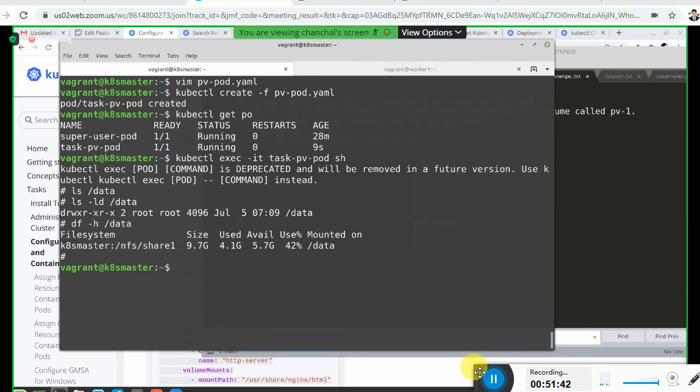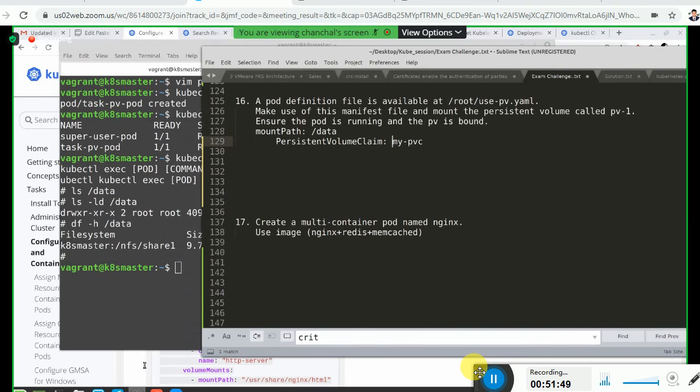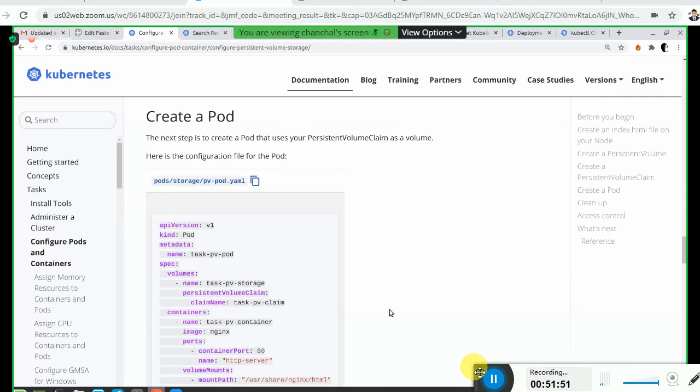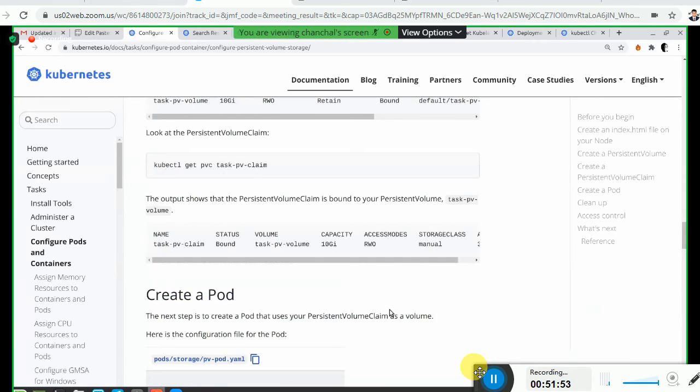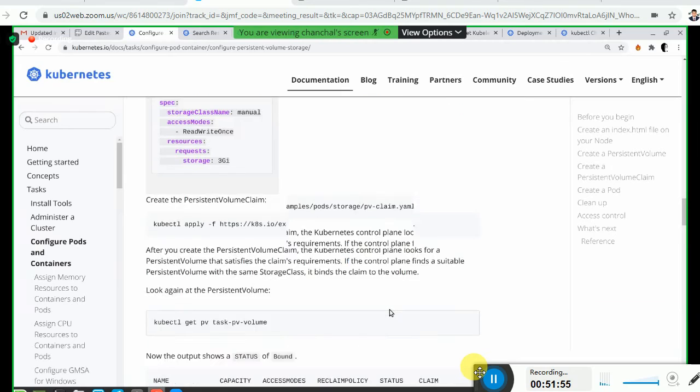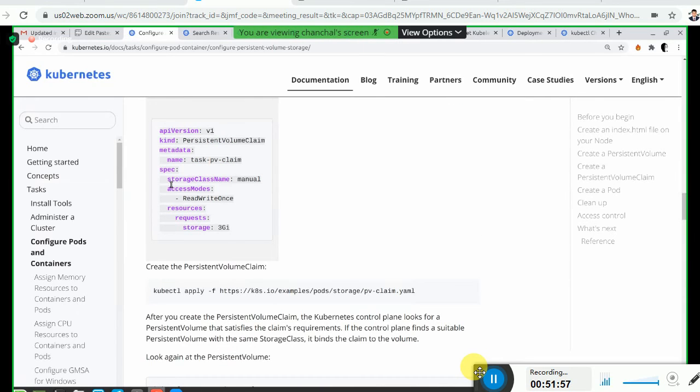Okay, done. So we have pretty much done everything from this documentation page itself by more or less copy-pasting. The only part that was creating some issues for us was the storage class. The storage class you usually avoid. The day storage class becomes implemented, in fact, a large part of PV and PVC will become automated.